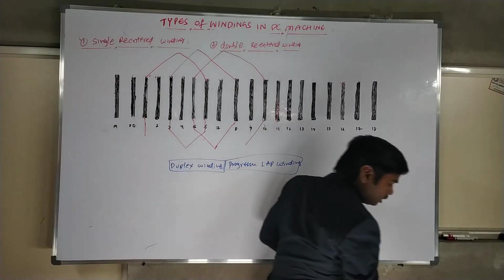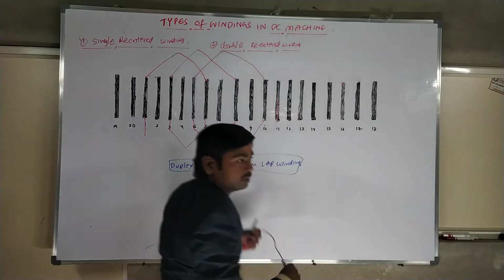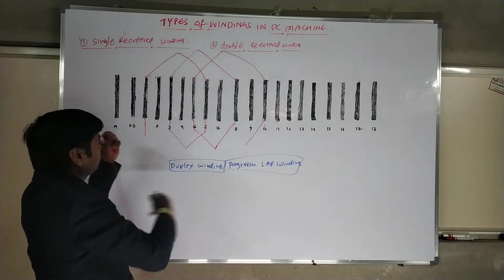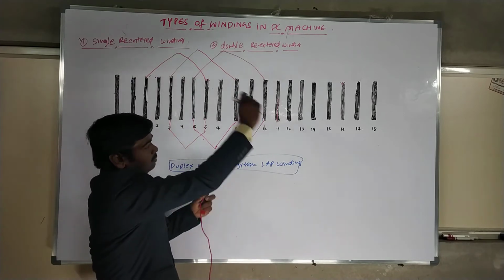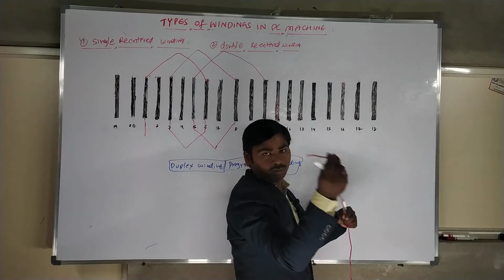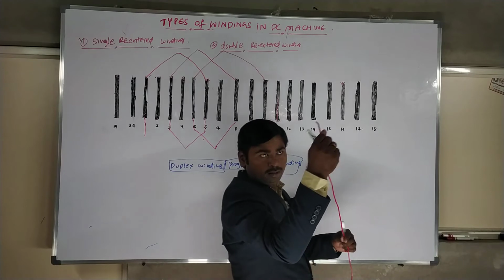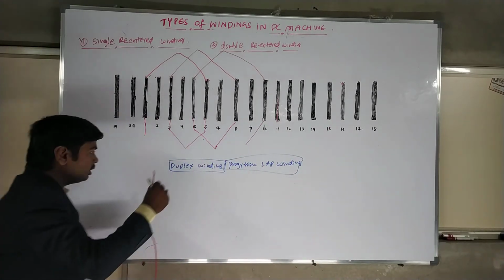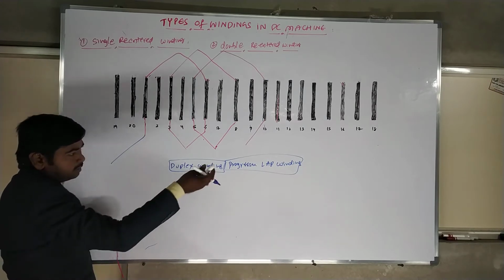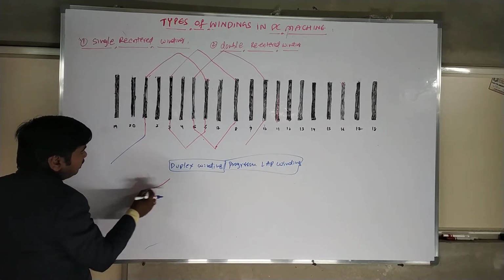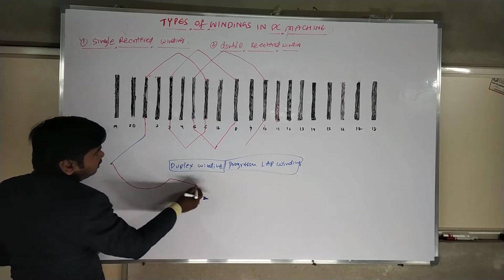To understand, I will draw it very clearly. So here is the winding. It keeps on connecting over here. At the ending we have one more winding. This winding end should be connected over here. The ending winding should be brought and should come like this, and if you connect it over here, the ending should come.